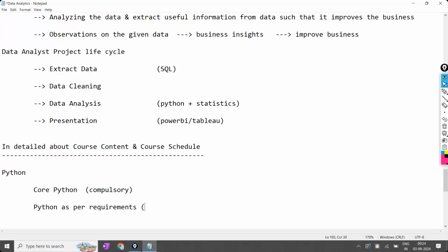Some people will learn as a Python developer, they will learn something. As a web developer, they will learn something. For cyber security purposes, they will learn something. As a data analyst, they will learn something of Python. For example, any person in the IT industry, a Python developer with 10 years of experience, assume, working every day only on Python.